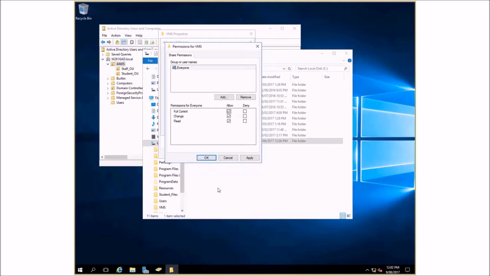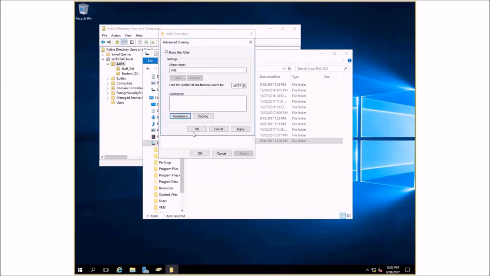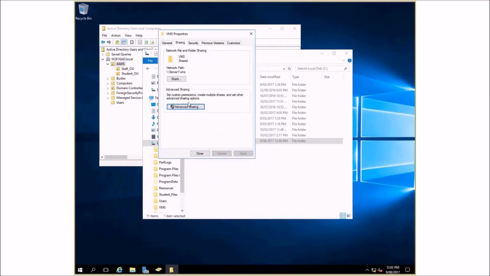So we're sort of taking the idea of the share permissions out of the way by giving full control to everyone. Everyone means everyone. Okay. So you're probably going, whoa, that's a bit weird, but basically we're just ignoring the share permissions effectively. So now, how do we assign NTFS permissions? We go to the